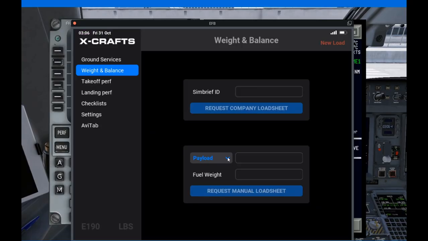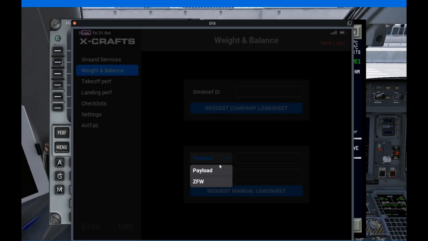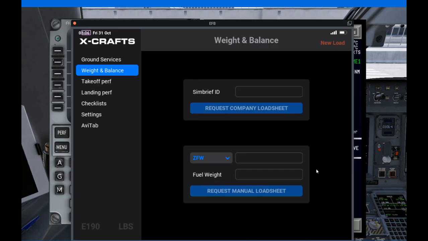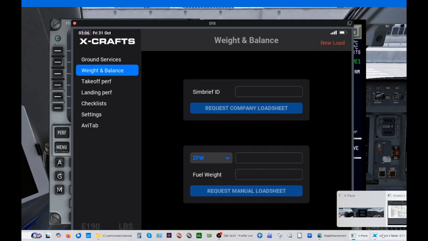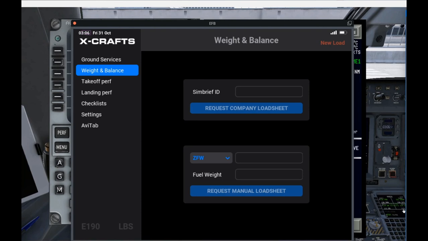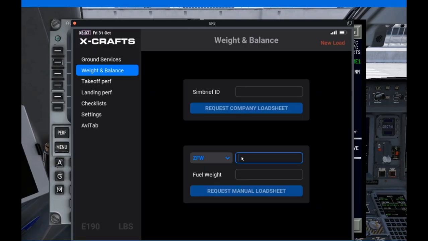So what we'll do is I'll select zero fuel weight first off, and so zero fuel weight, if I look at it there, it's got 37,498 kilos. Okay, so if I type in there 37,498,